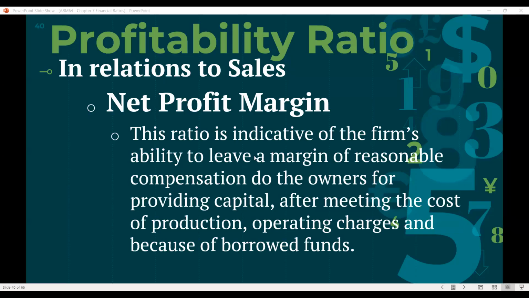Okay, so again, net profit margin focuses more on you as the owner of the firm, so you'll know what remains of your profit. At least there is enough money, sufficient money for you to pay your cost of production, your operations, your borrowed funds, and so on and so forth. More on how reliable you are, how efficient you are again in paying your debts, your accountabilities, your operating expenses. So that's for net profit margin.